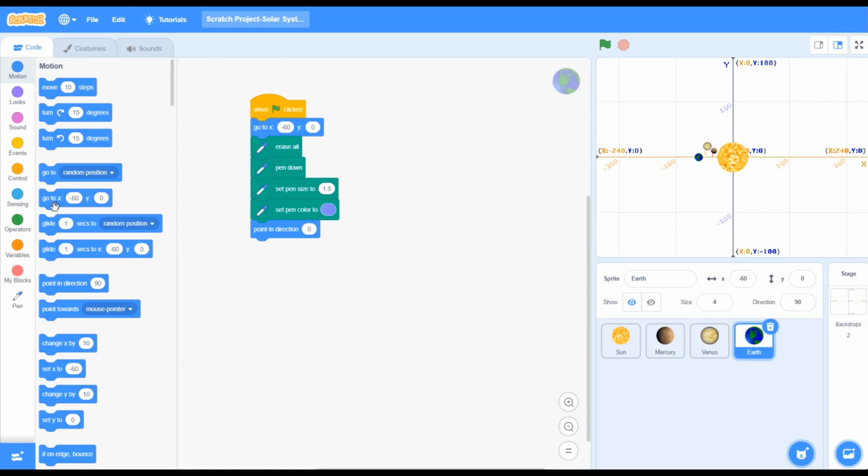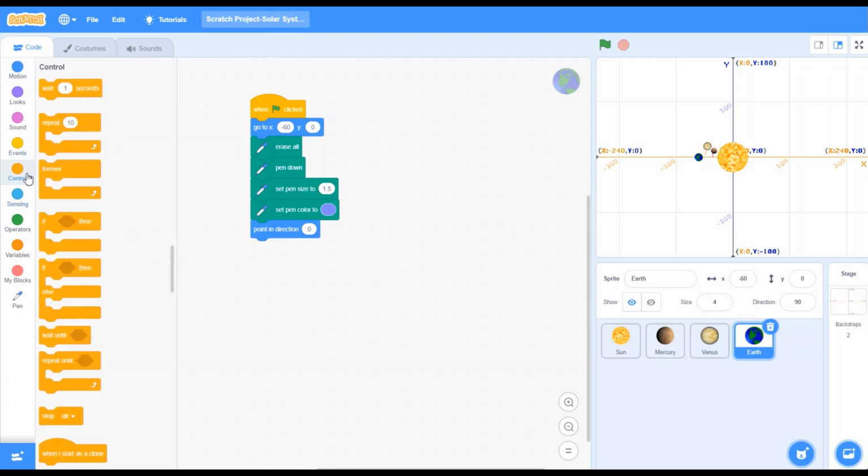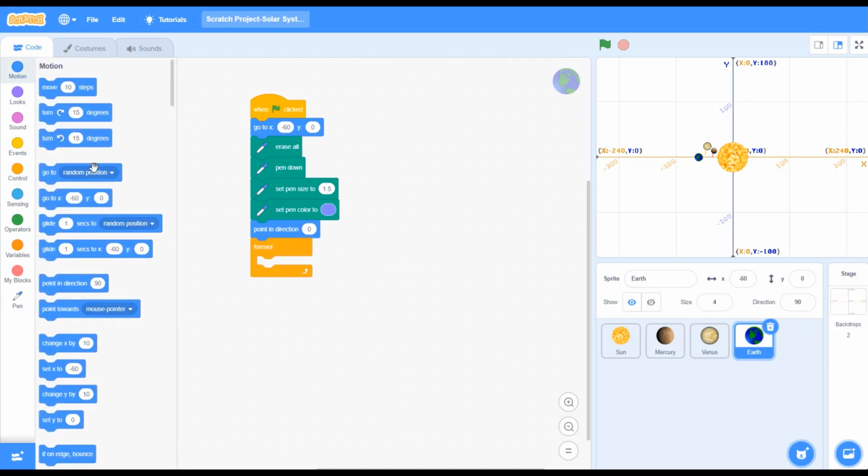Okay. Now I will go to the controls. I will pick up the forever loop. Then I will go to the motion. Then I will pick up move 10 steps. I will change it to 4.5, and the main block is the turn block.